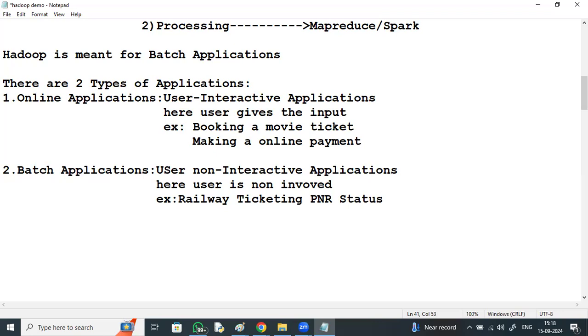Like today your status is 200, by evening your status is 150, tomorrow morning 800, tomorrow evening it got confirmed. So it is happening in the background; user involvement is not required. Most banking or financial applications are batch applications.